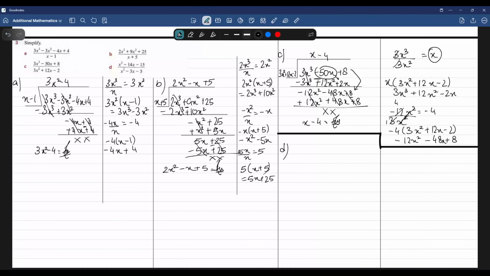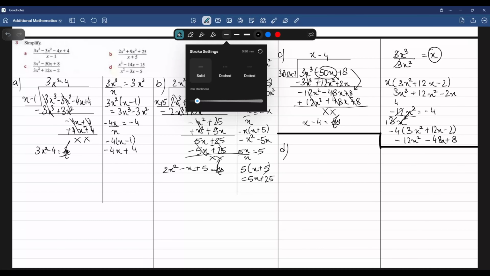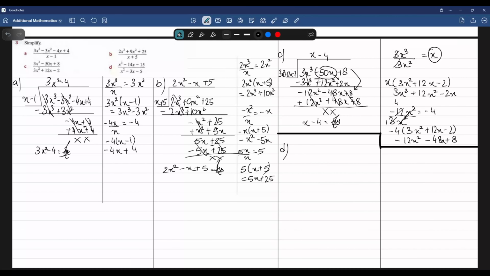That you know where it is ending. So for part D, basically, we have x cubed minus 14x minus 15 divided by x squared minus 3x minus 5. Okay,